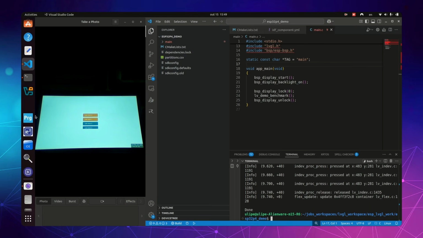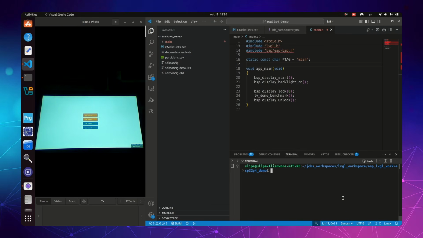And in the left corner of my screen, I have my P4 EV Function board attached to my laptop. It's running one of the examples. We'll dive into it in detail in the next section of the video. And I will be interfacing with the IDF by just using the regular command line interface. Okay, so let's start with